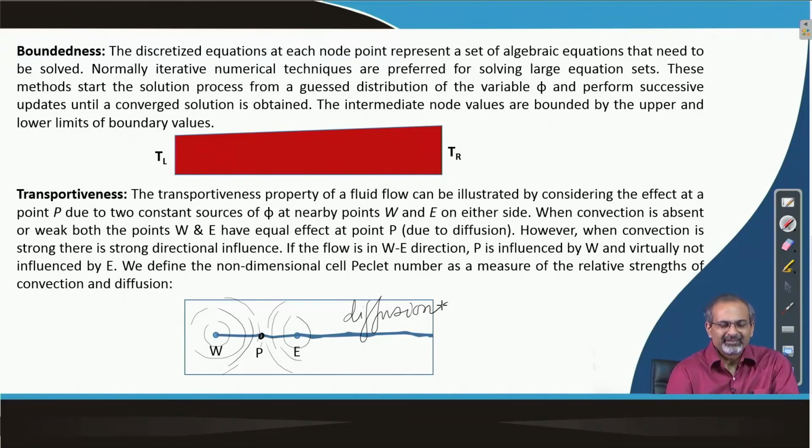For example, if there was no injection here, then no dye would reach the point P at all, because the dye injected at point E would move downstream only. It would not manage to go upstream at all, because the flow drives it in that direction in a very strong manner. In CFD, we often talk about a comparison between the strengths of convection and diffusion. So, when we try to compare their strengths in a relative manner, we define something which we call the Peclet number.